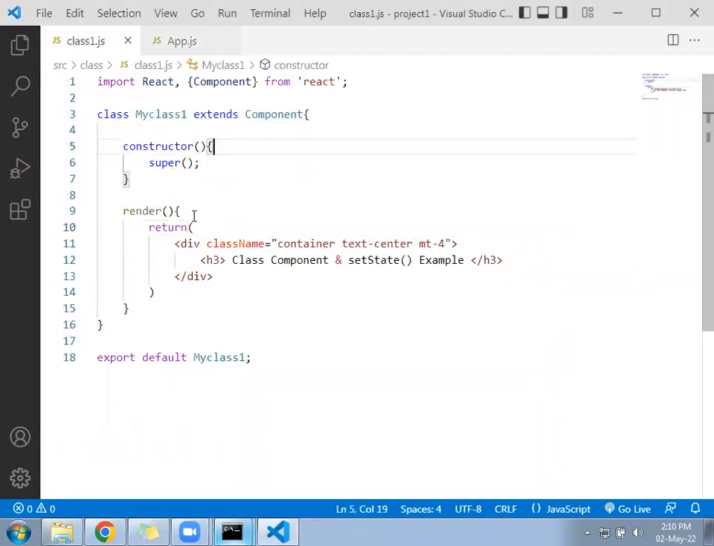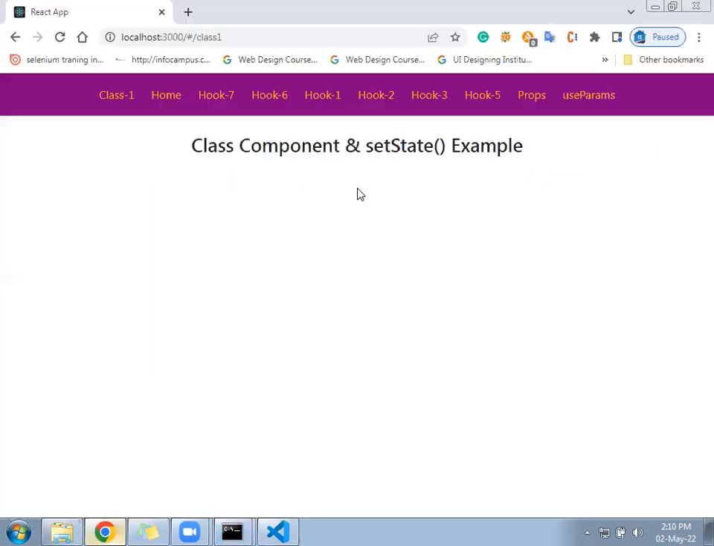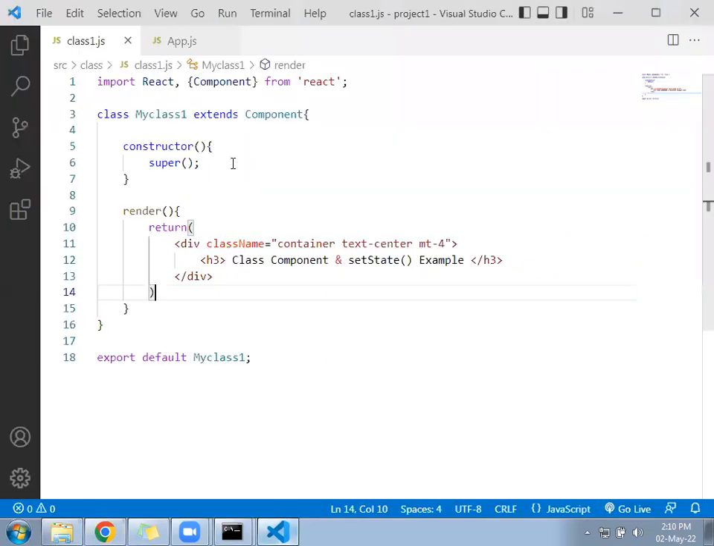Okay, now this is ready. Next, what we'll do is come to the class one component. Under the class one component,